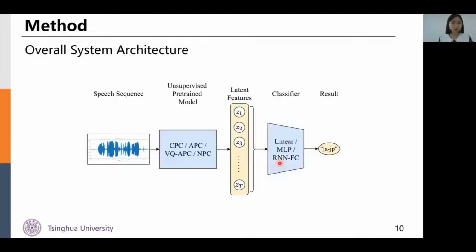Now we have overviewed the four methods of unsupervised speech pretraining. We can introduce our system. The overall system architecture is as below. First, we train the self-supervised models with speech data only. Given a speech sequence, we put it to the pre-trained model to obtain latent embeddings. Then the downstream classifier is trained with the embedding and the corresponding labels. To obtain better results, we train different downstream classifier structures, such as linear classifier, multilayer perceptron, as well as recurrent